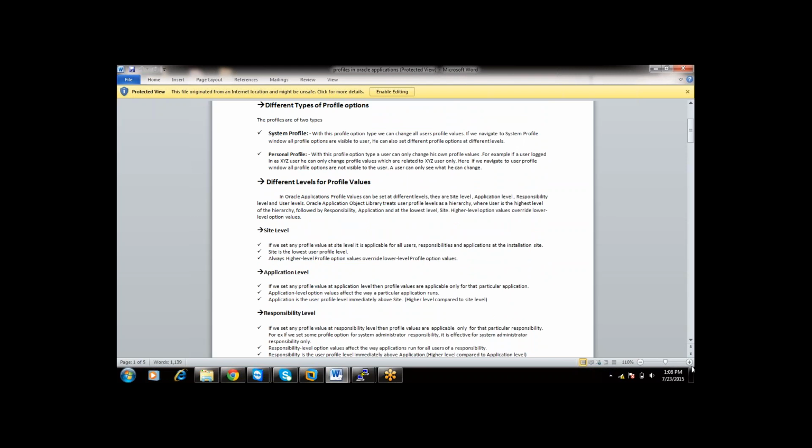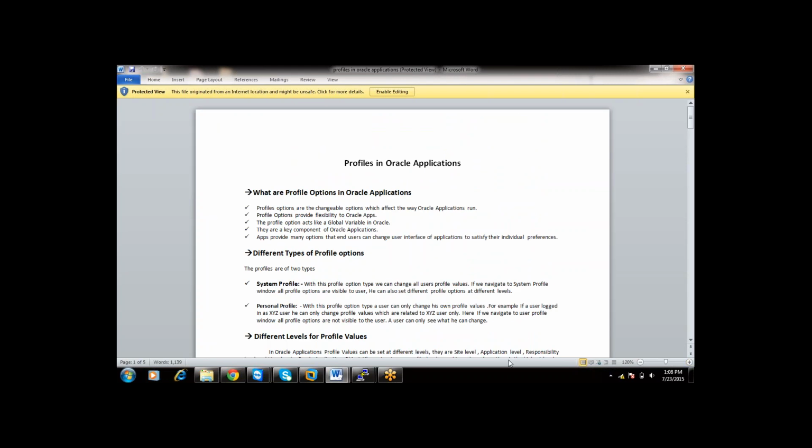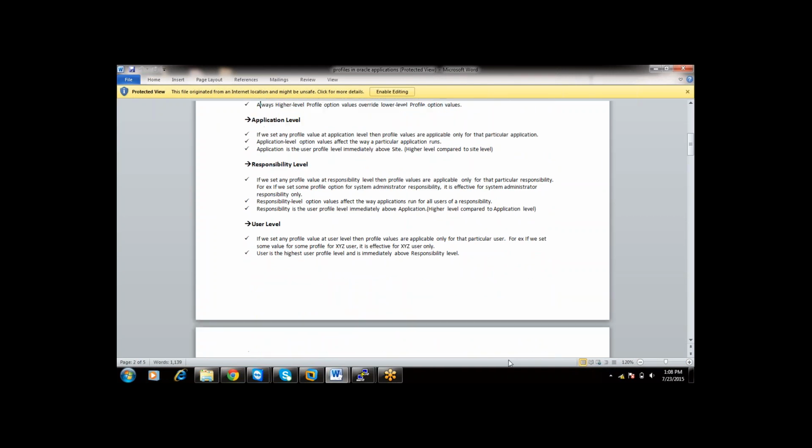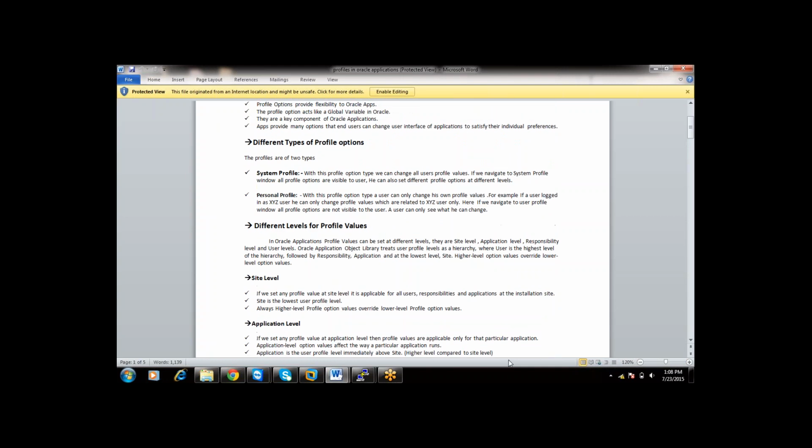Different types of profile options, not levels, types: system profile and personal profile.